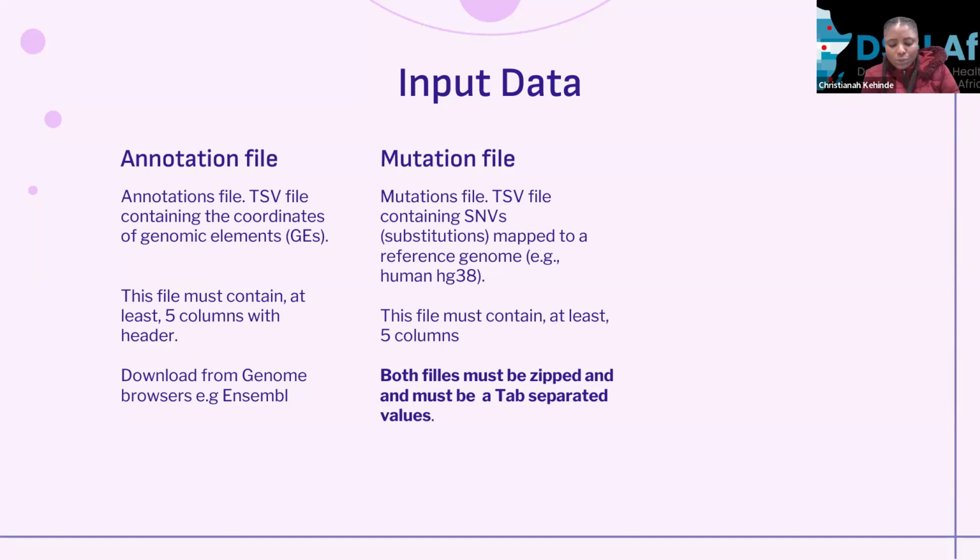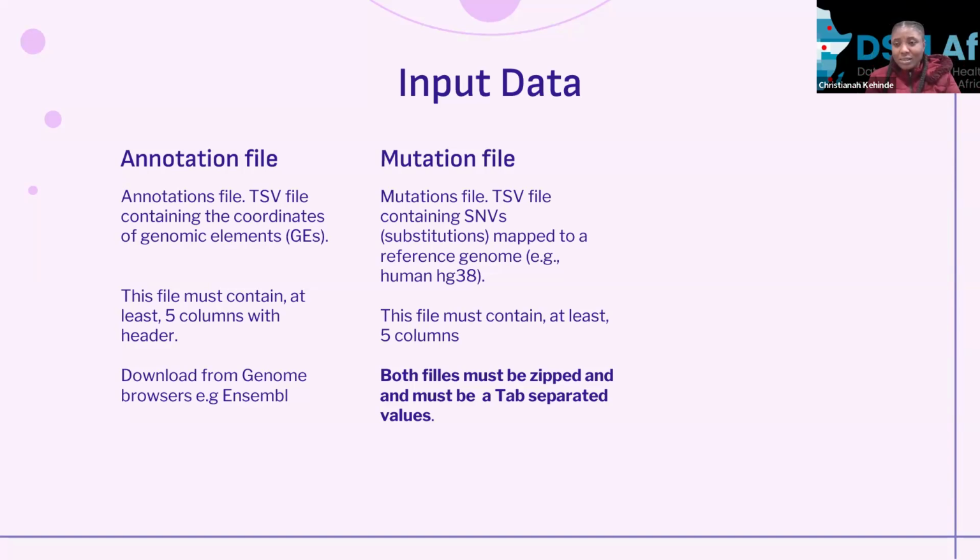works well for you. So the mutation file is actually a nucleotide variant substitution file that is mapped to a reference genome. So for example, maybe the human HG38, depending on the one you want to work with. So if you're working with non-human genes, you could use maybe mouse C3H as the case may be. So the mutation file can actually be downloaded from the